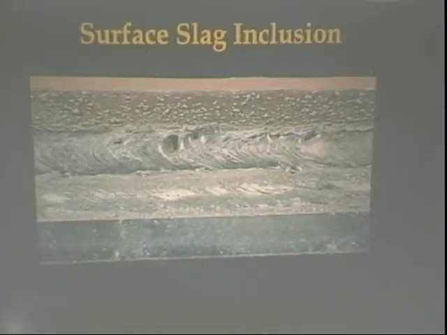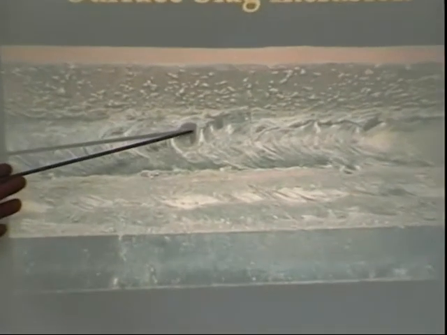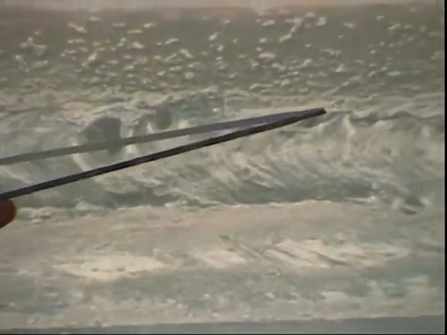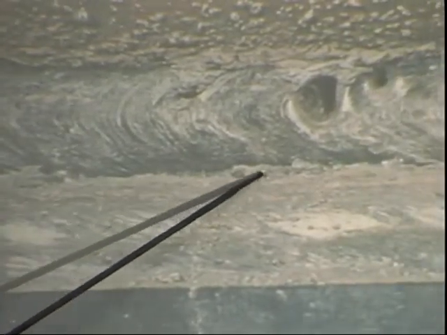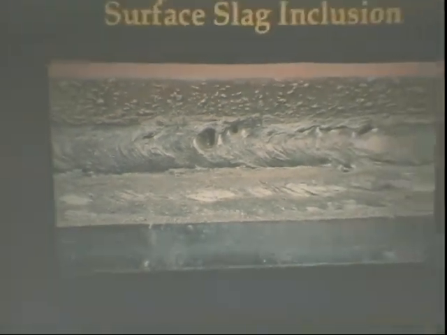This picture is on page 912. Surface slag inclusions. You can see we've got some slag trapped back in here, slag along this upper edge, slag trapped under here. This would be, we've got some undercut here, some overlap, and there's slag trapped back in the overlap. So highlight directly under that picture,